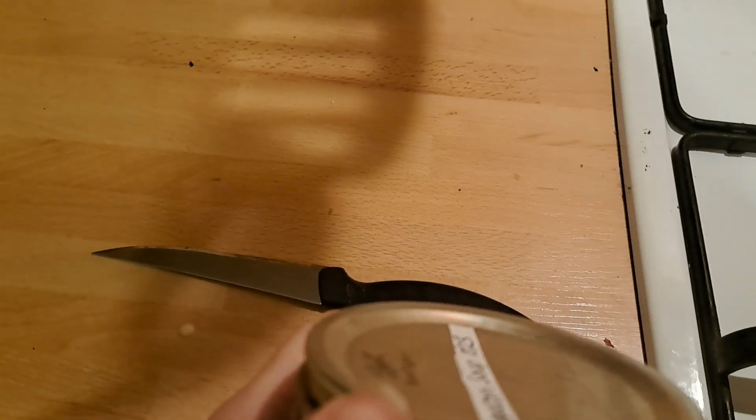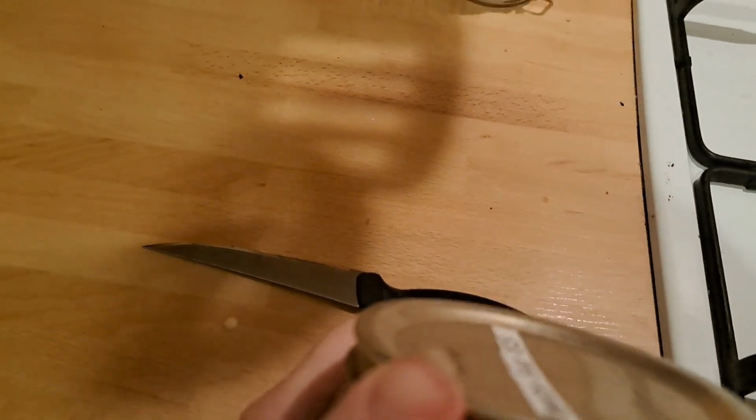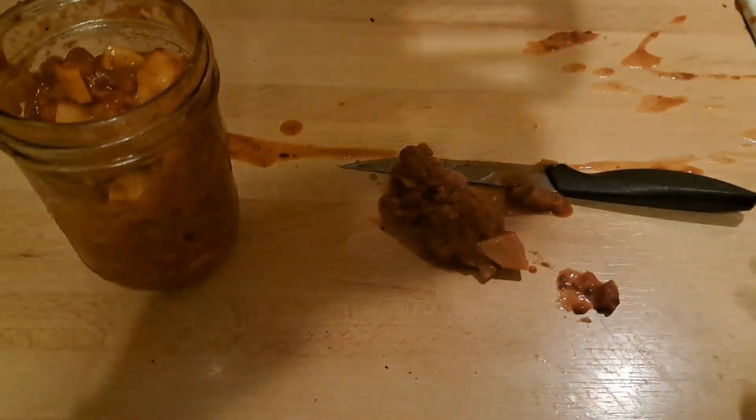I don't think I can open this one-handed. Can I? No, I'm going to have to put the camera down. Won't be a sec. Okay, I opened it and it kind of went, woo, whey. Anyway,